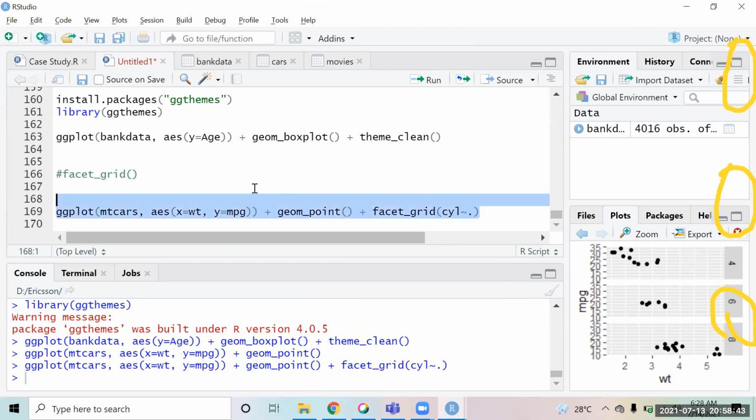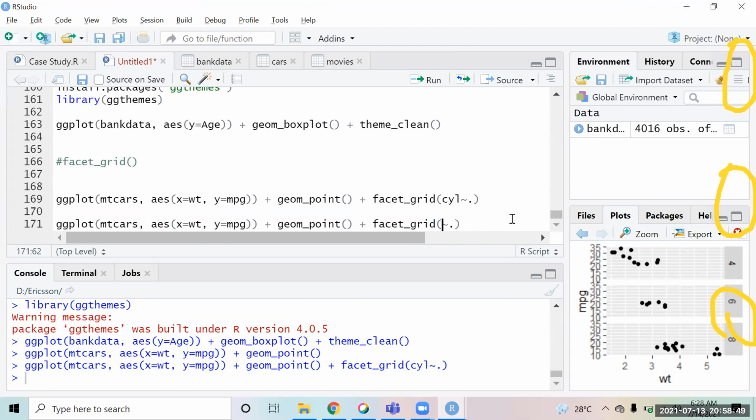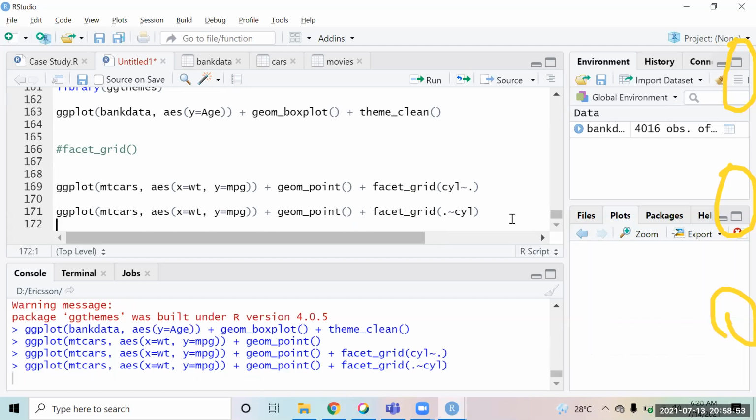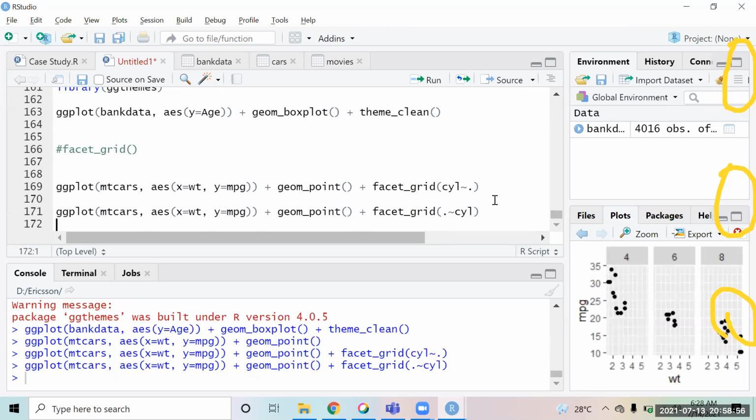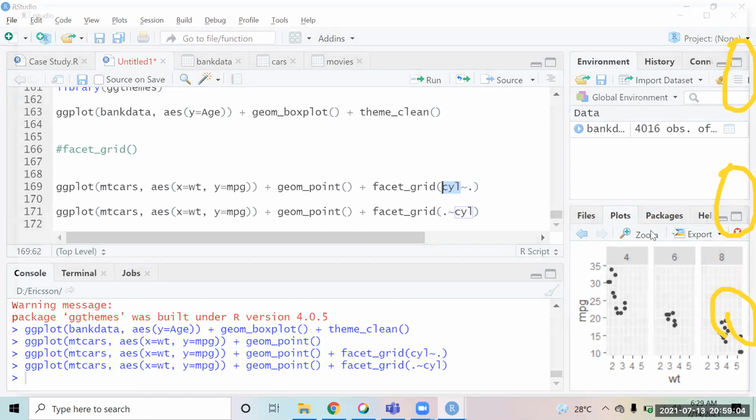If you inverse this, if instead of writing this on the left side of the tilde you write cylinder on the right side, the chart will become column wise. So before the tilde sign on the left side you have row, on the right side you have the column. So now if I've done it this way, the chart becomes column wise, 4, 6 and 8.